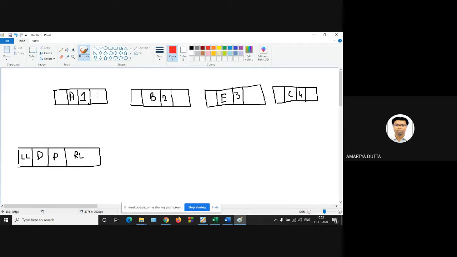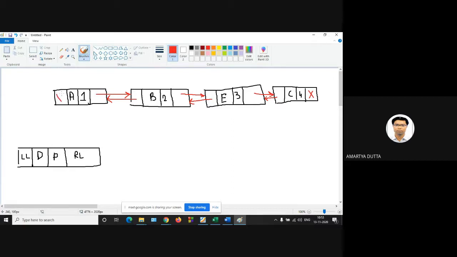Now we have to connect these nodes. From the first node's right link, there will be a connection to the next node, to the left link of B. Similarly, from this to this, again from this to this, as we are using a double linked list. The last node's next pointer, that is the right link, is null.